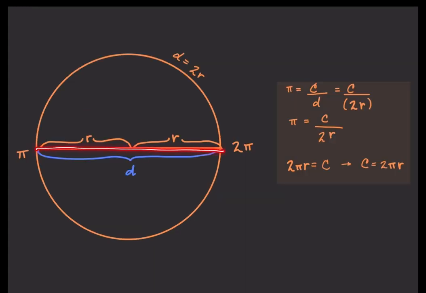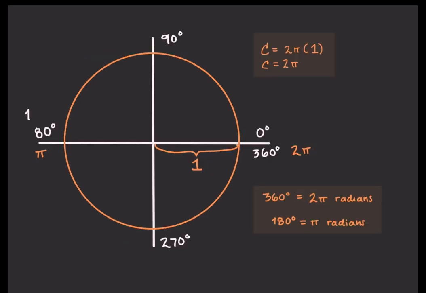The diameter is just twice the radius, so d equals 2 times r. Substitute that into the definition: pi equals c over 2 times r. And now we solve for the circumference, getting c equals 2 times pi times r. So 2 pi comes from multiplying the radius twice. Since the radius equals 1, then c equals 2 pi times 1, equal to 2 pi, confirming the length of the